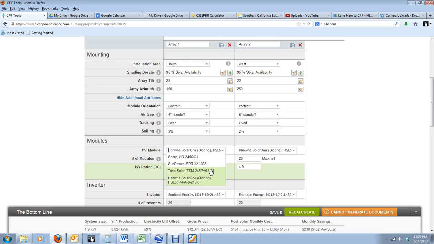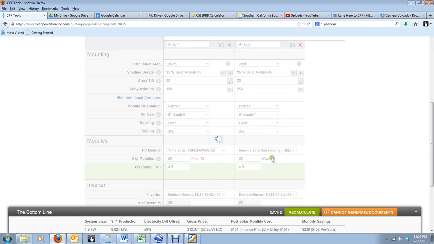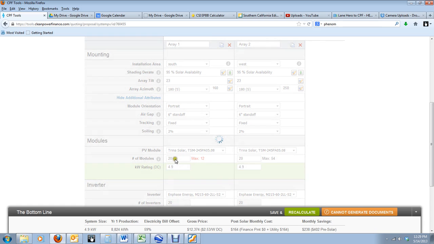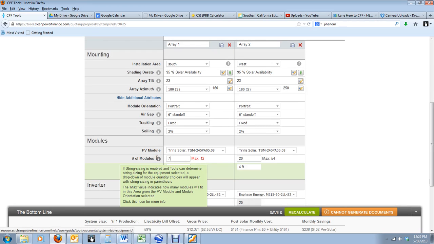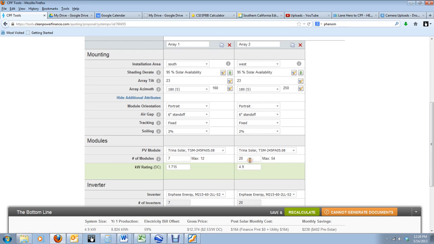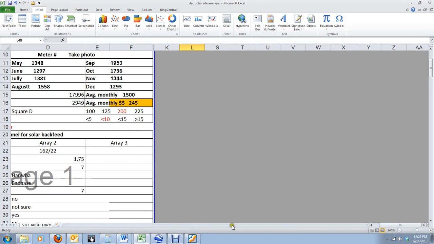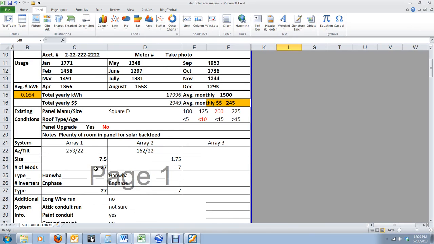We're going to actually use, I know we said we were going to use 250s, but for some reason right now the system doesn't have the 250s in there, and I will change that. So we're going to use the Trina modules. We are going to put 7 on our west facing roof. We are going to put 27 on our south facing roof. And if you remember, back to our spreadsheet, this is exactly what I have on our spreadsheet, which is 27